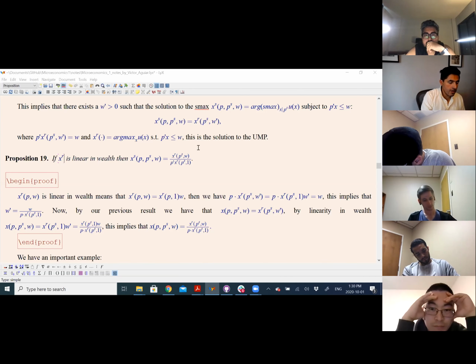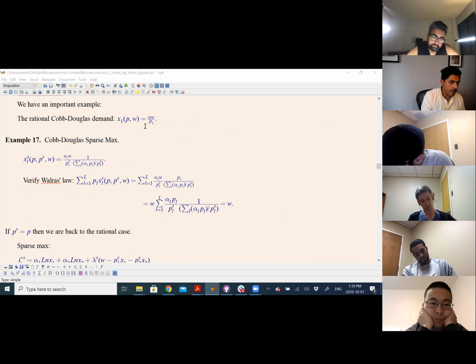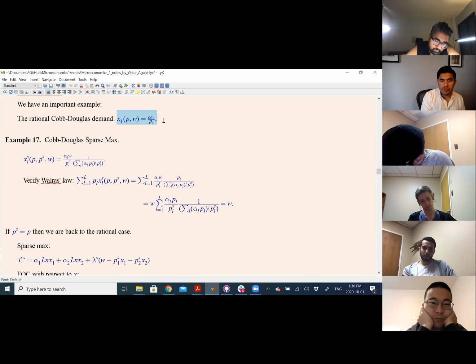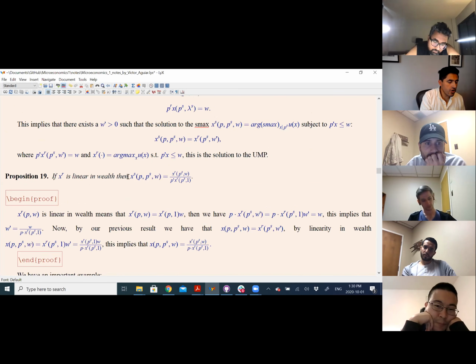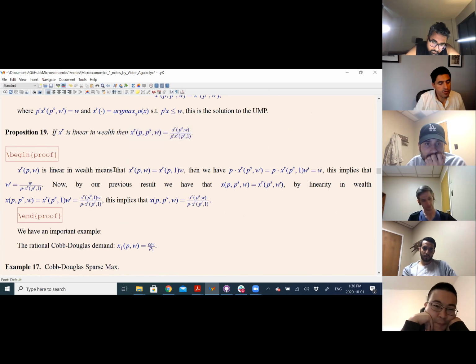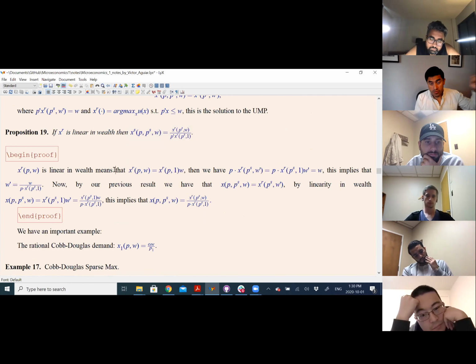So many models that we use every day are linear in income. Think about the Cobb-Douglas, right? The example of the Cobb-Douglas is, of course, that originally it has alpha times W. So it's linear in income. W is not squared, in other words. W is entering linearly. So all these are covered, and in particular it is a big family. So that's the point. Now, what is the benefit of this proposition? It tells you that you don't need to solve the GAVX model every time. Sometimes you can just plug in within the rational model, making some substitutions. That's a cool thing. So imagine this XR, the rational demand, is linear.